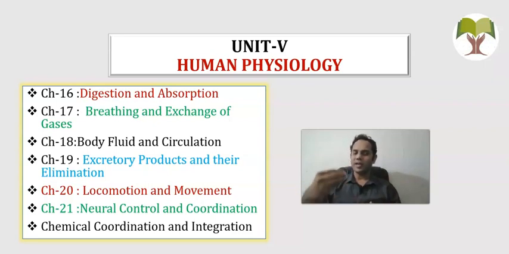What we eat, how it is going to be digested inside our body, what are the different organs involved in the process of digestion, what is the alimentary canal, what are the different accessory glands which help in the digestion, which can be called digestive glands. Also, what are the different disorders of the digestive system, and how the food that was taken inside gets assimilated in the body. All that will be studied in the chapter of digestion and absorption.